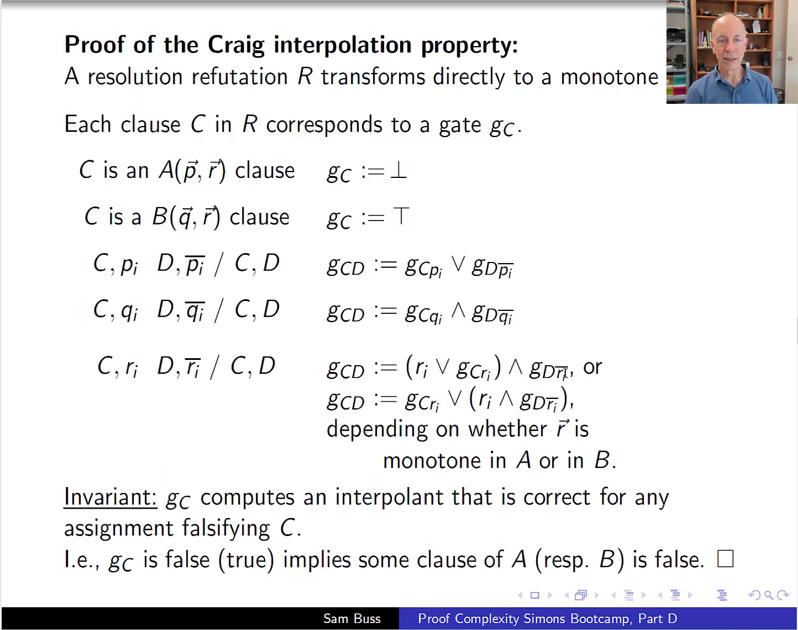We take each clause in the refutation. So we view the refutation as a DAG, and we're going to take that DAG structure and faithfully transform it into a monotone circuit. So what we're going to do is define, for each clause C appearing in the proof, a gate G sub C. And G sub C is going to have the property that for any assignment of the variables, look at the bottom of the screen here,